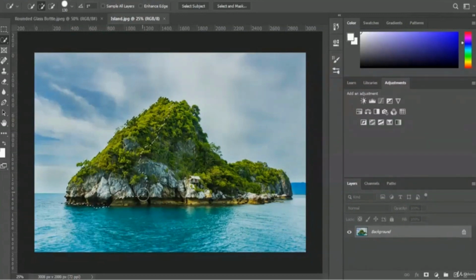As I told you before that we will not select the water, we will not select the sky from this image. We will take only this Iceland part. So let me select this entire Iceland. Okay, cool. You can take a look, our entire Iceland got selected, and we have to add a layer mask